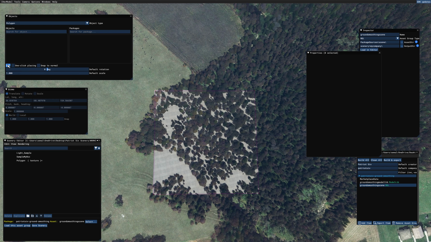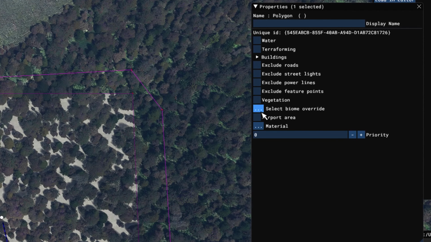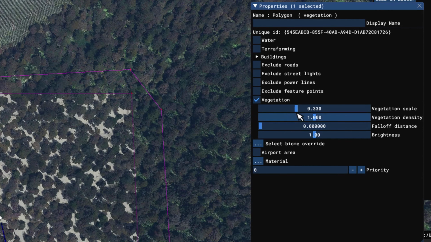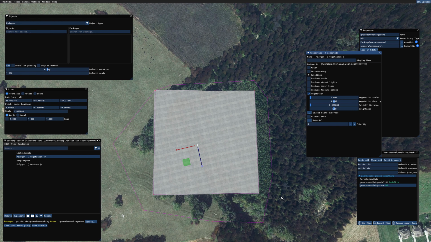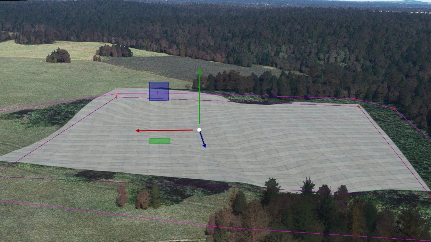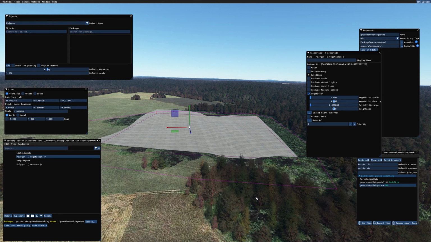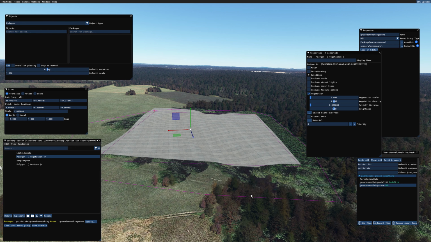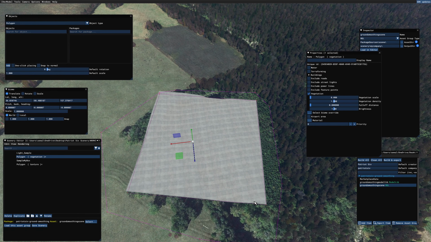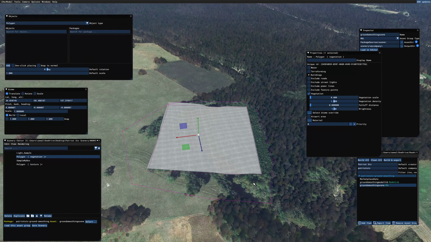I'm going to add a second polygon. And on the properties window, I'm going to vegetation, and drop it down to 0 and get rid of the trees. And now we have a square concrete pad. And just as I suspected, it's not level. So, with our bumpy concrete pad,